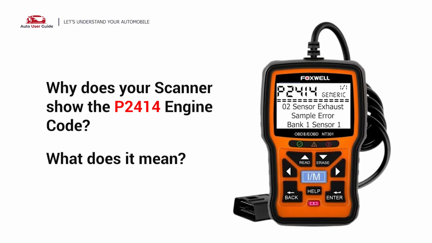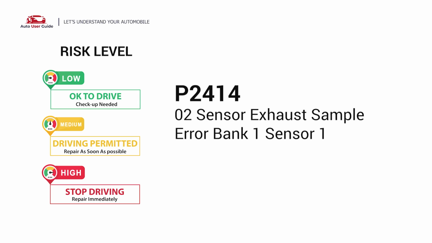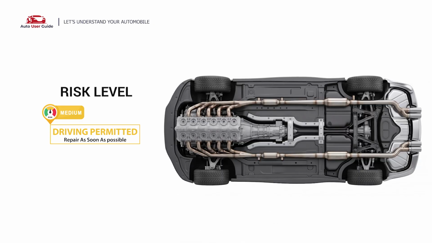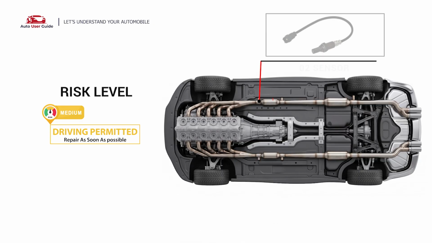Why does your scanner show the P2414 engine code? What does it mean? P2414 is a diagnostic trouble code for O2 Sensor Exhaust Sample Error, Bank 1 Sensor 1. The P2414 engine code indicates: